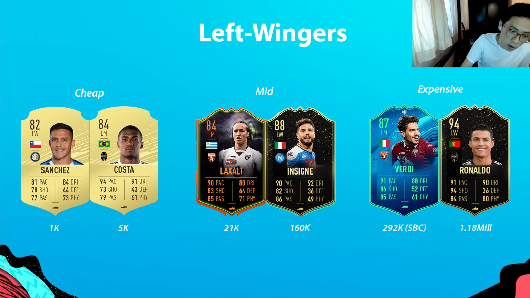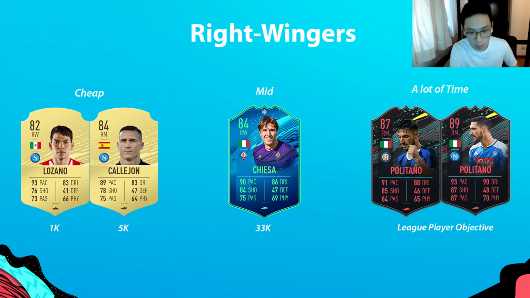So going on, we have right wing. Chiesa, not as good as Verdi, but again significantly cheaper. Another of the winter refresh cards. I'd pick Jose Callejon, because I think he's more well-rounded over Lozano. Again, Chucky Lozano, some people have a sentimental value to him, but in this option, I feel like you should